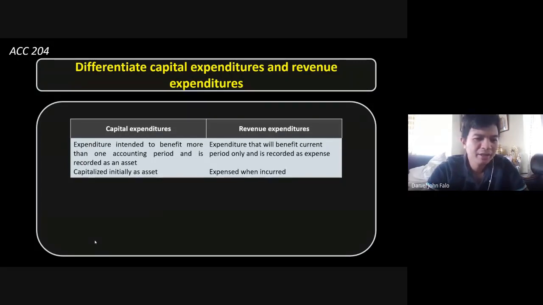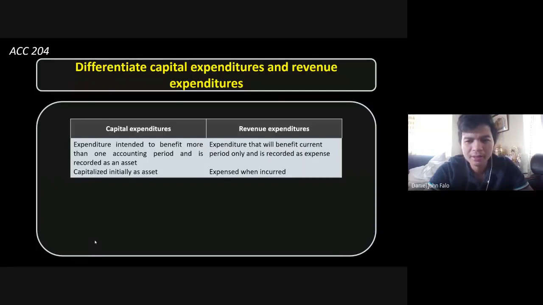So, kailangan ma-identify yung cost accountant. Kinaklasify natin yung expenditure as asset if the expenditure would benefit the company for one or more than one accounting period. Pero pag yung expenditure would only benefit only one period or the current period,